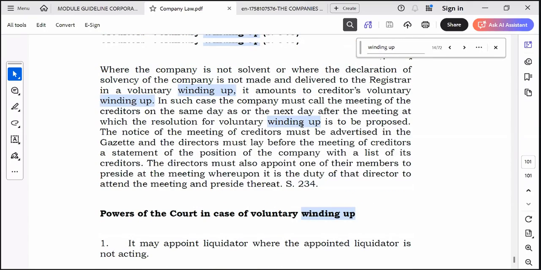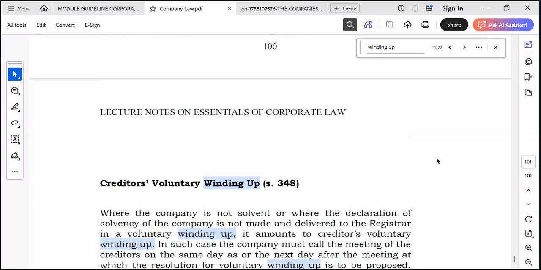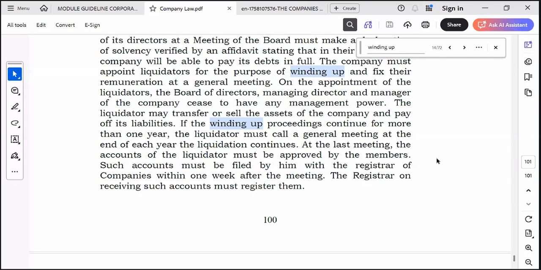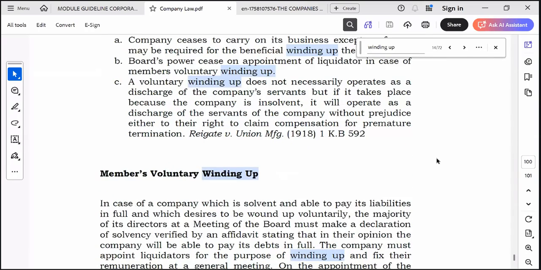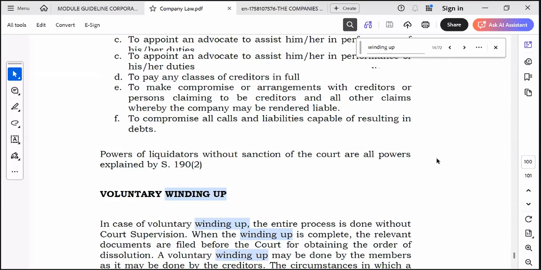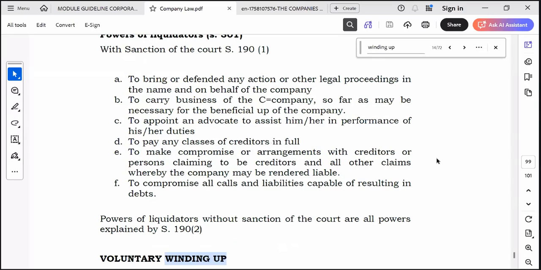Sio kwa kusema kwa sababu nyinyi mmekubaliana voluntary winding up, then the court cannot intervene. No, that is not the case. That is not what you should understand. So the court can intervene both in the cases of voluntary winding up, and the court is acting in the case of compulsory winding up, which is the winding up which is supervised by the court itself,